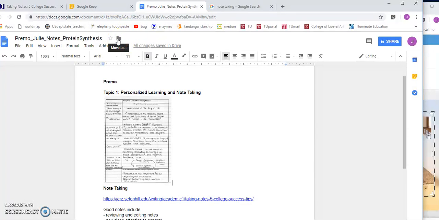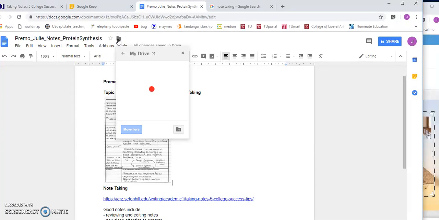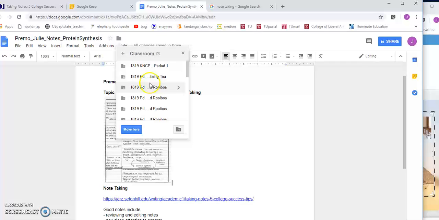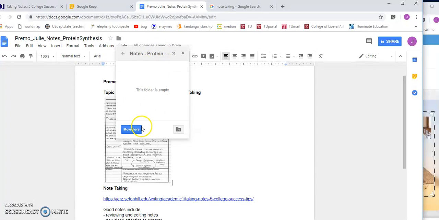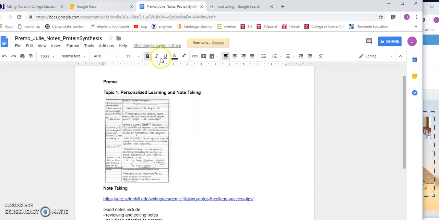The way that you can move this so that you can reference this again is you should see here your own classroom folder. That should be the only one that shows up. But basically when you see the classroom folder, you want to make sure that you're putting this in the folder that says Notes, Protein Synthesis. I can move this here. So anytime that I would like to reference it,